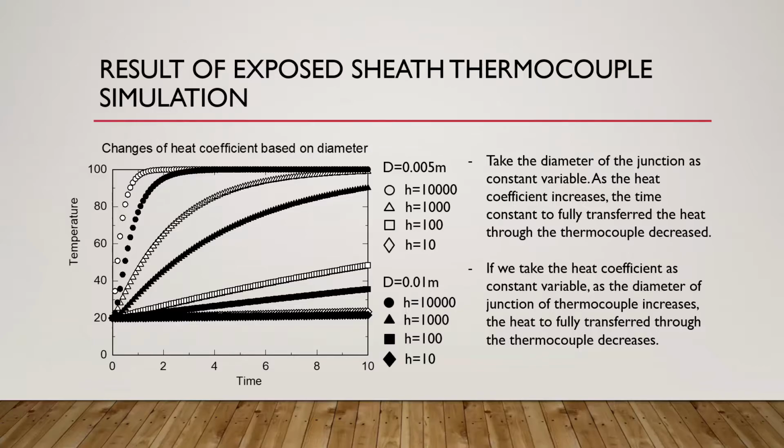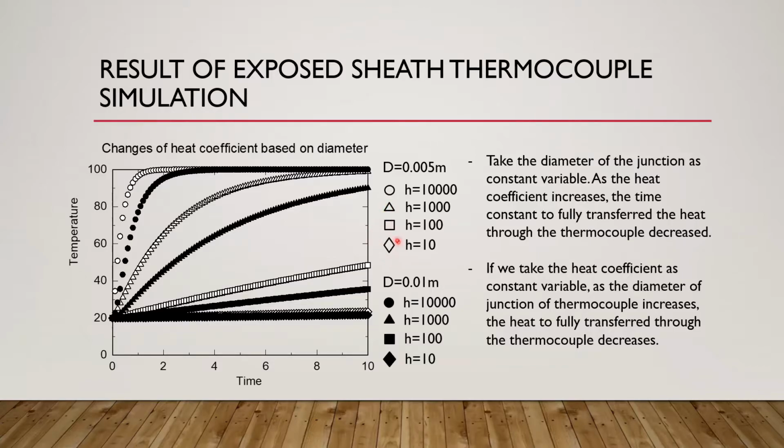We can see obviously here that this graph includes two pieces of information. One is the changes of heat coefficient based on diameter, and another is the changes in diameter based on the heat coefficient. So there are four symbols right here, where the first one is a sphere, the second one is a triangle, third one is a